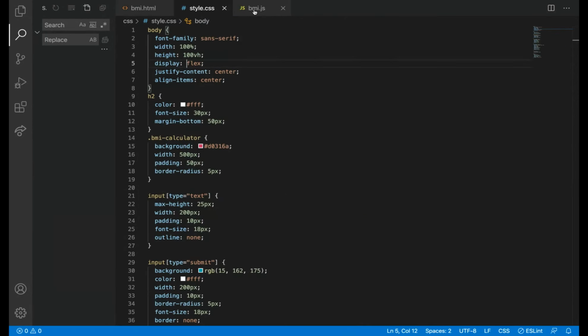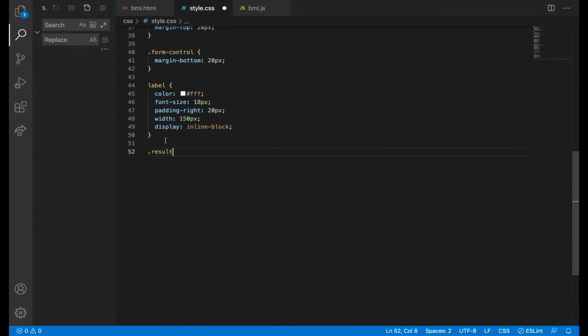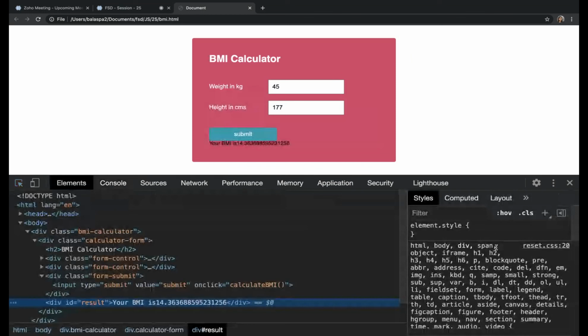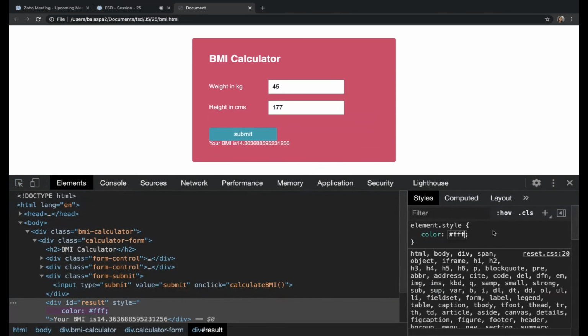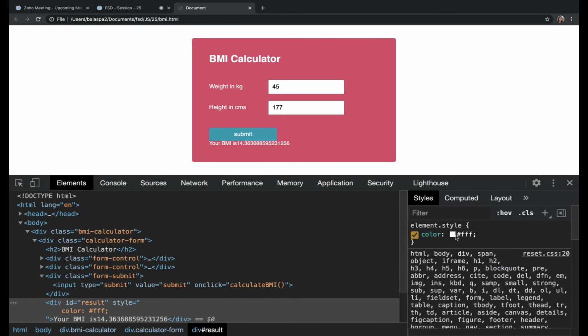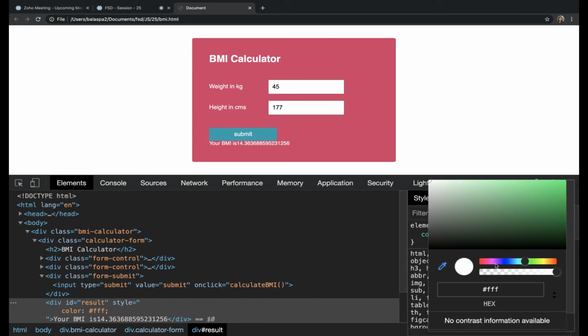Result, dot result. Okay, I'm going to give it in kind of yellow color, this color.